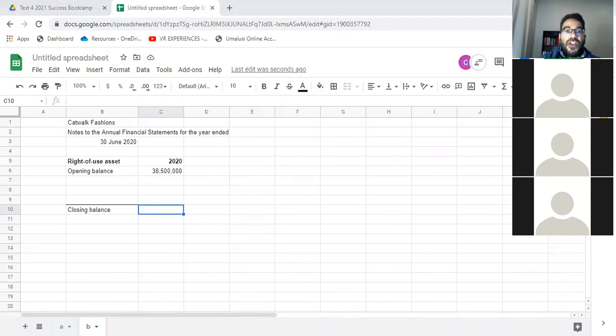That's how you think through it. So what can increase a right of use asset? What can increase a right of use asset is any additions. Additions means that you enter into a new lease in the current year. In 2020, we did not enter into a new lease, so there's no need to include additions. I'm only including it here for you, so you can see for completeness purposes.